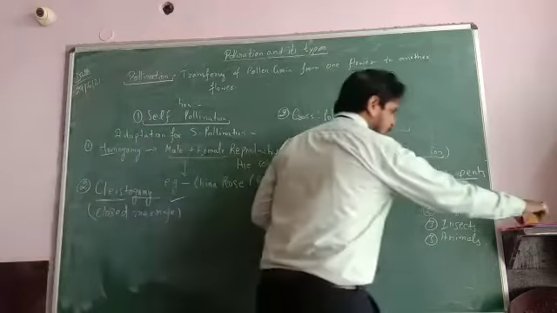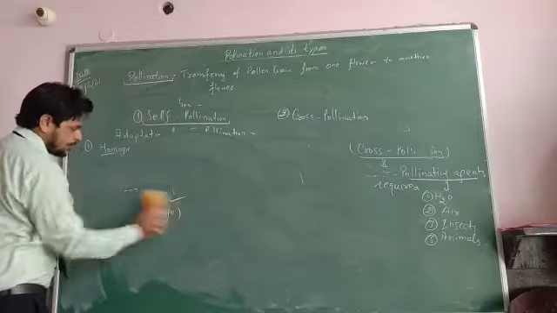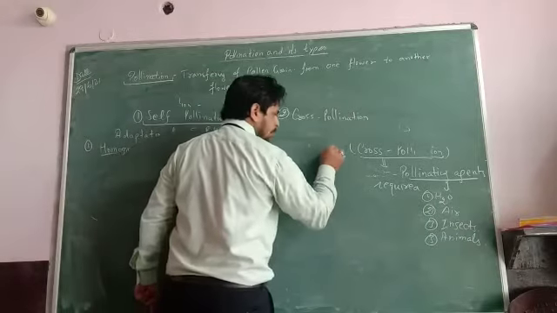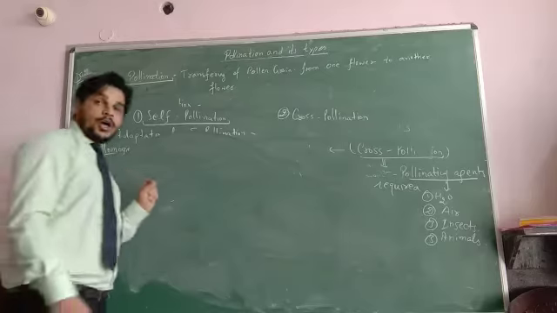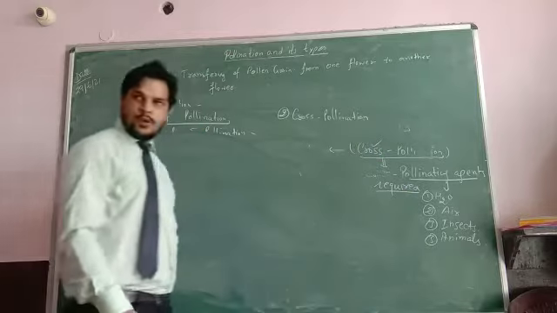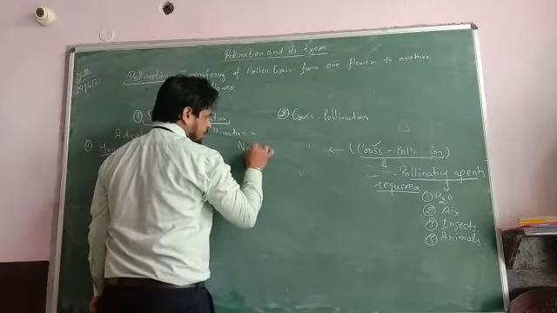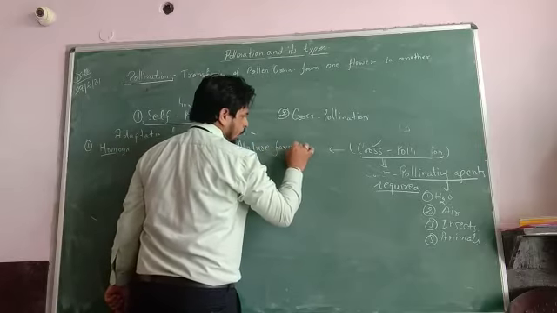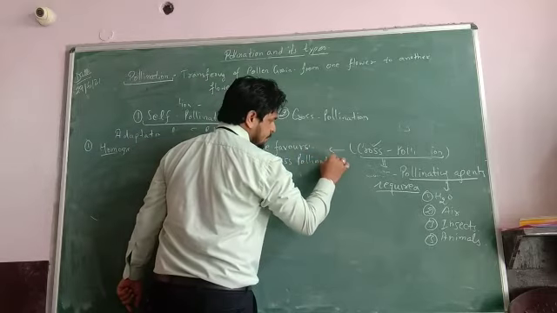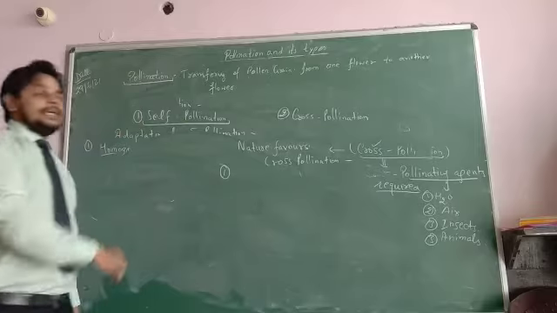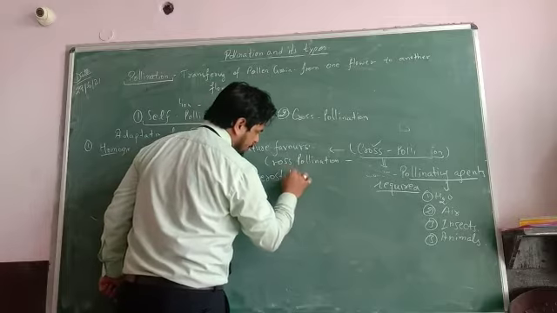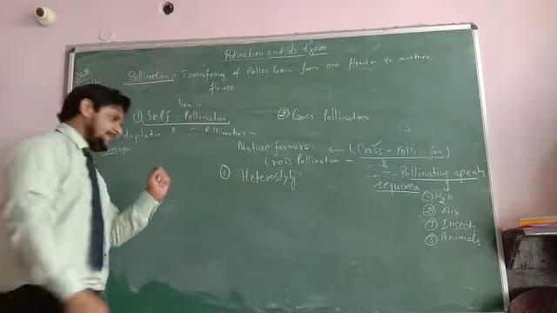Now next is cross pollination. What is cross pollination? It means transfer of pollen grains from anther to stigma between two different flowers, and pollinating agents are required. Now, how does nature favor cross pollination? The first one is heterostyle. What is the meaning of heterostyle? Hetero is different, and style means style.